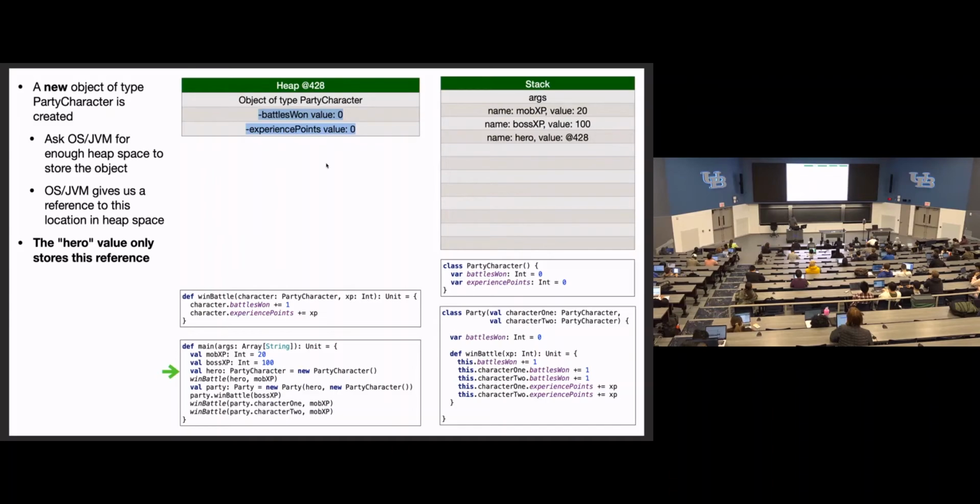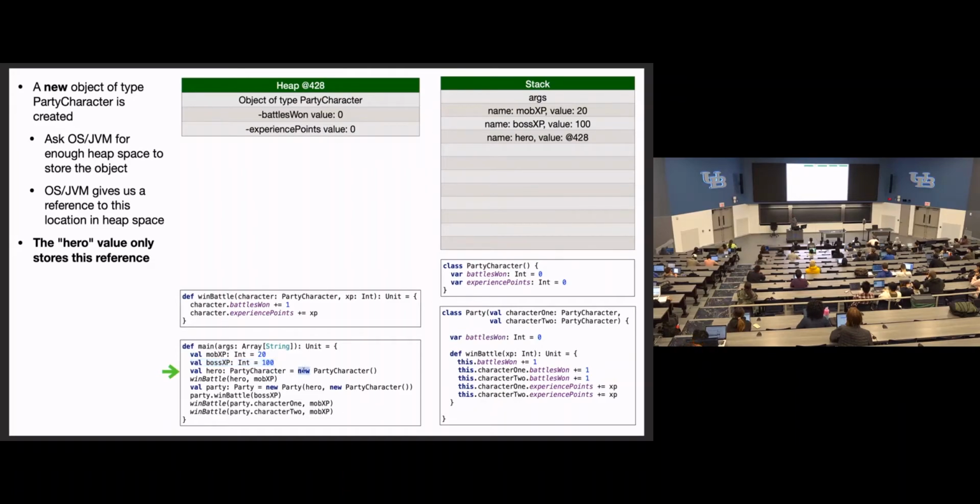So these ints, I've said before that ints will be stored on the stack, but that's only true if they're declared in our current stack. If they're declared as a value inside of the current method call. When they're attached to the state of an object, since that object's in the heap, those ints will also be in the heap. So ints don't always go on the stack, but if they're used directly, if they're not part of an object,